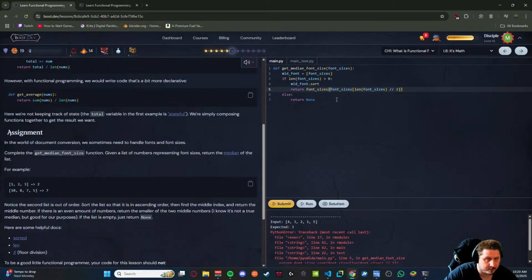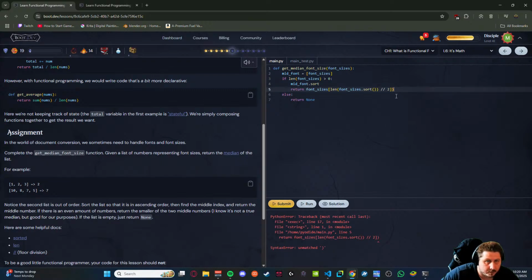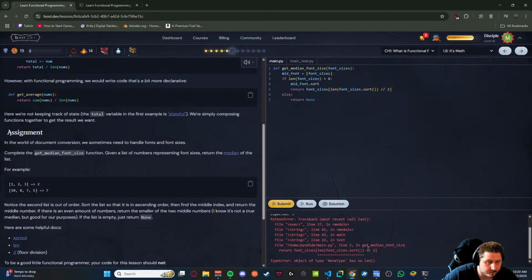No len. I need the font sizes len of font sizes dot sort divided by 2, and I don't need this. Font size dot sort non-type has no len. What do you mean non-type has no len? Len of font sizes dot sort.